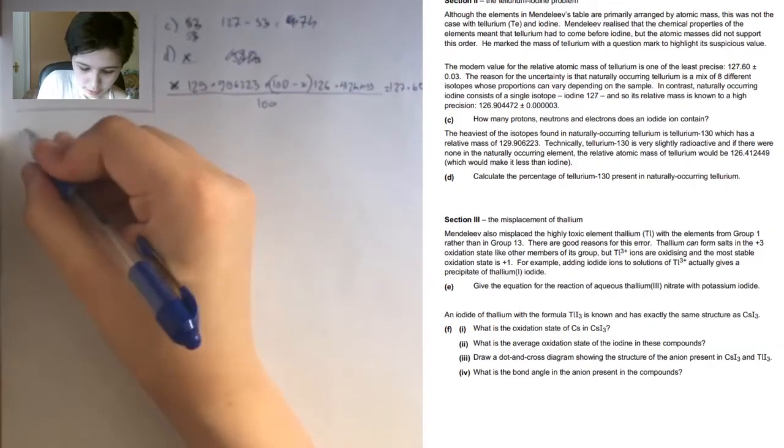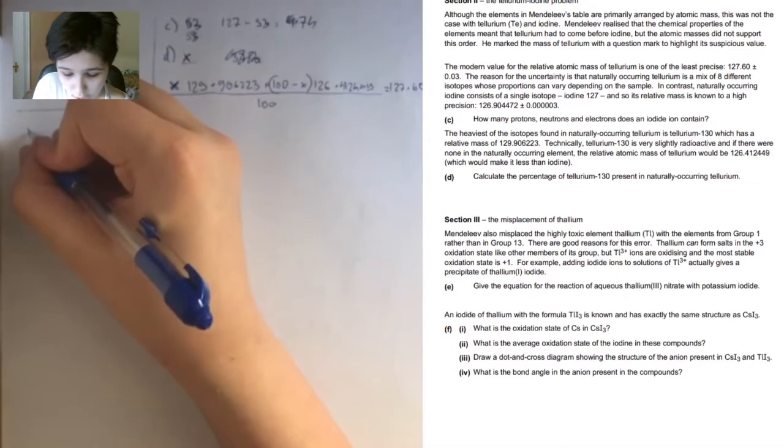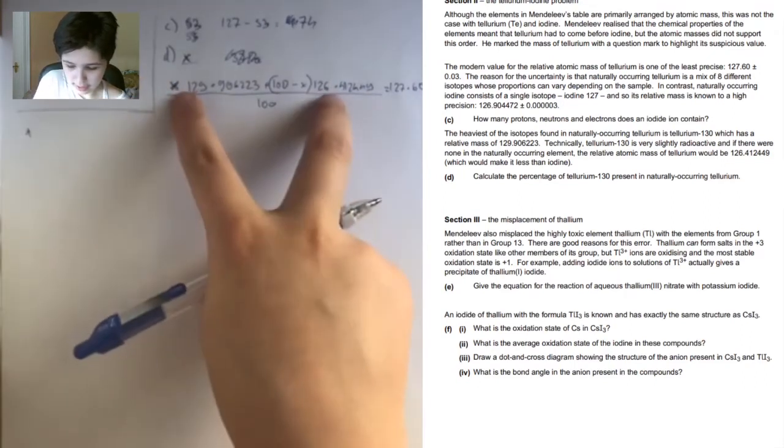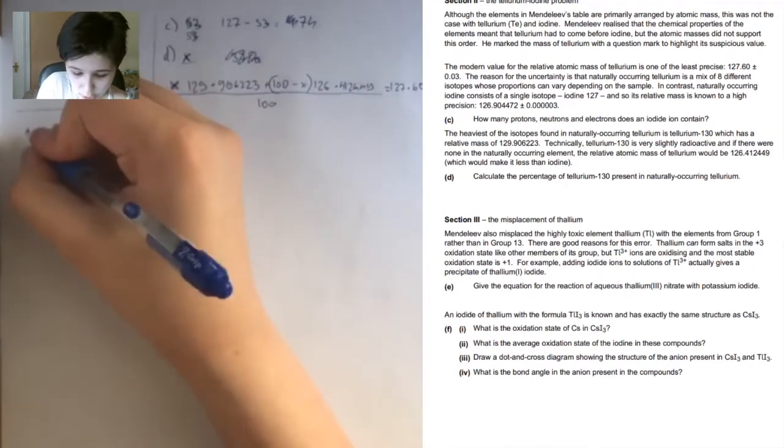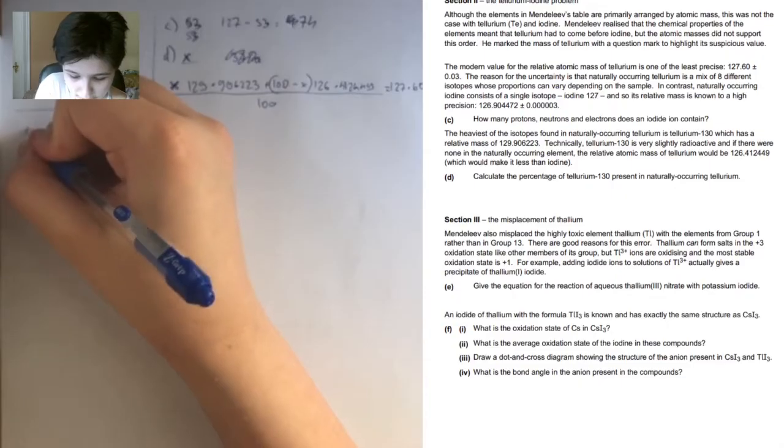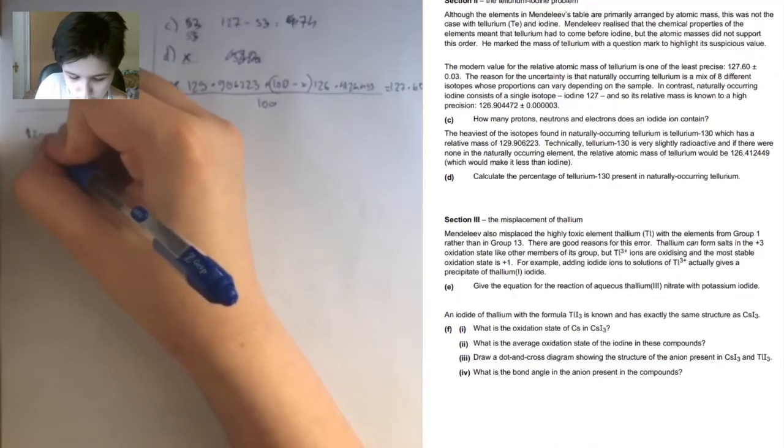So, multiplying everything by 100, and cancelling the x's out, we get 100 times 126 point something, so